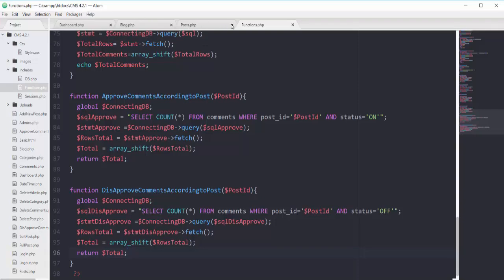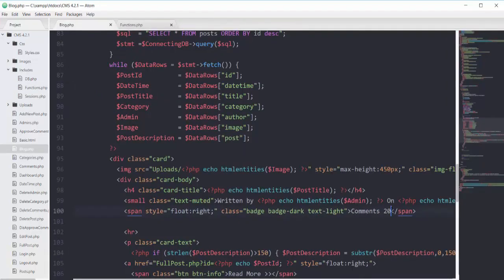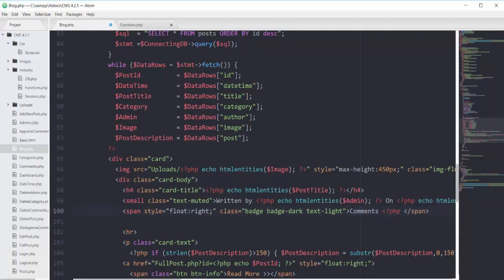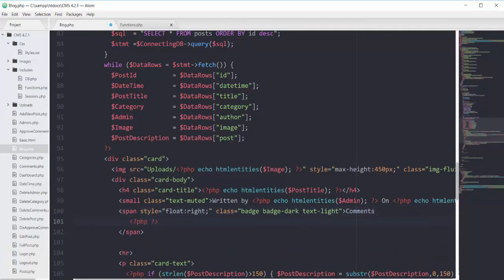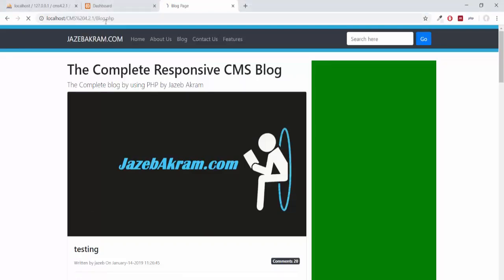So on this blog.php file right here, instead of 20, I will add one PHP scope, and then I can call my function of approve comments according to post, and I can send this post ID. I can equal it with one variable total, and then I can echo that variable, or I can simply echo this function call. So if I save this one and refresh my page,